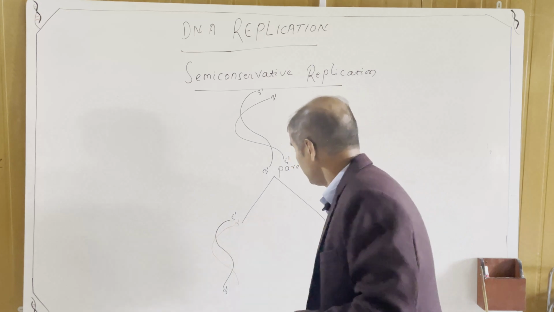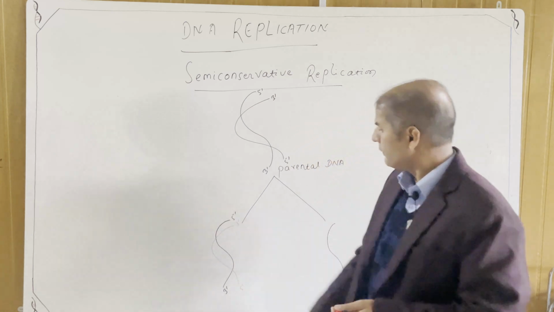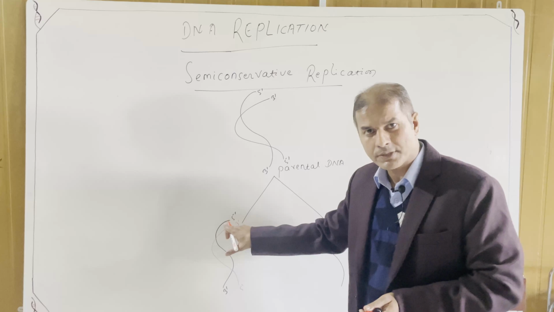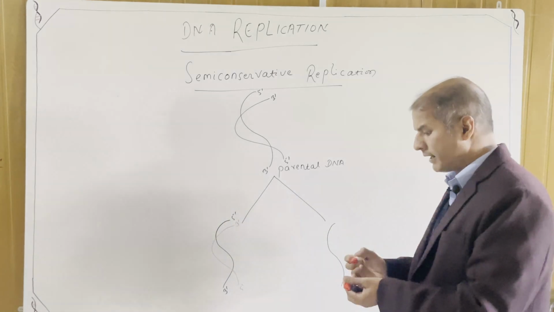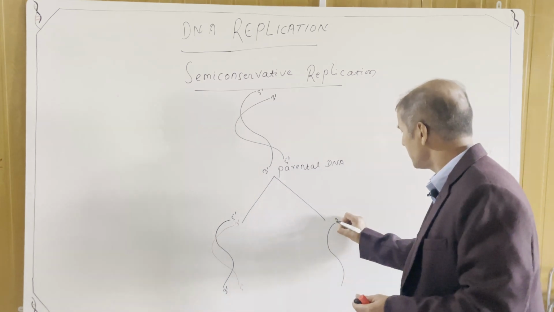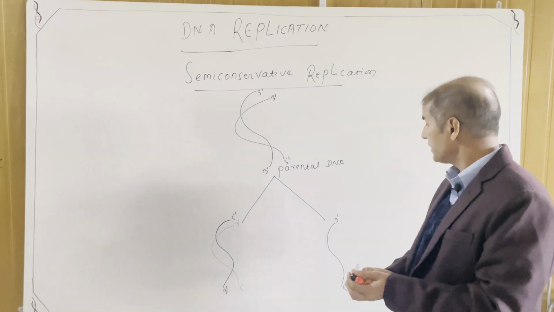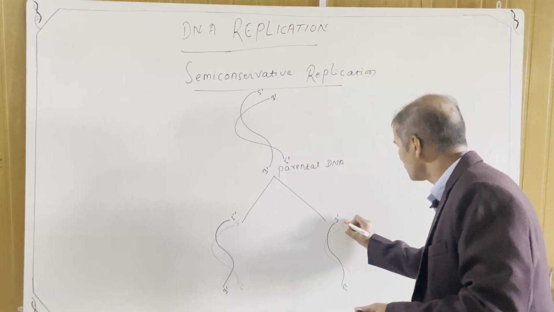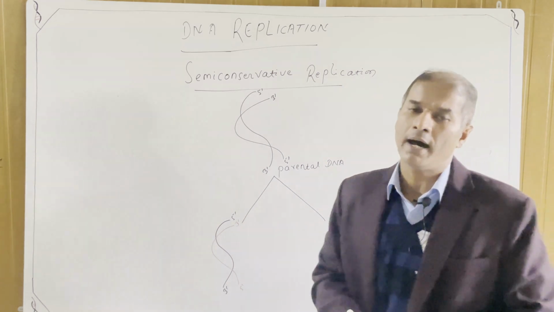This other strand will be 3' to 5'. So finally we get one daughter DNA in which one parental DNA strand is there and another newly formed strand is there. At the same time, in another daughter DNA, this is the 3' to 5' strand, then another newly formed strand moves from 5' to 3', because we know that the two strands of DNA are anti-parallel